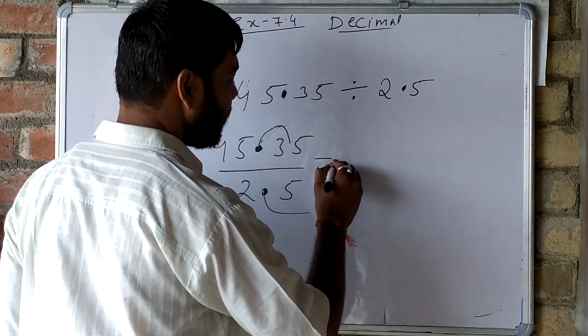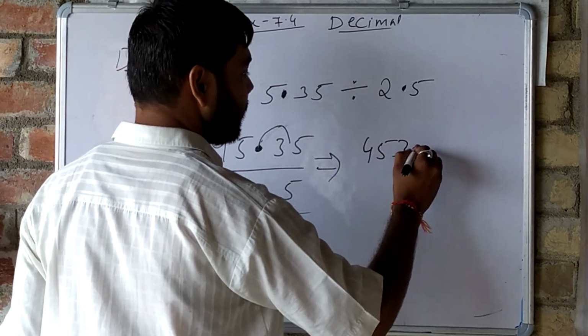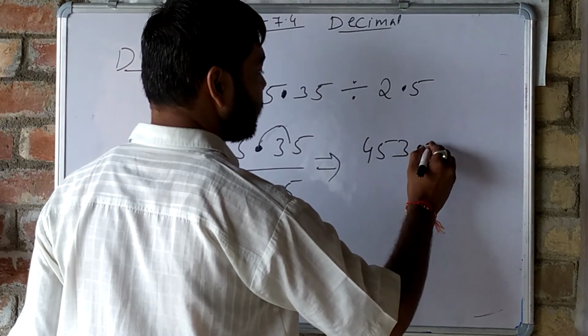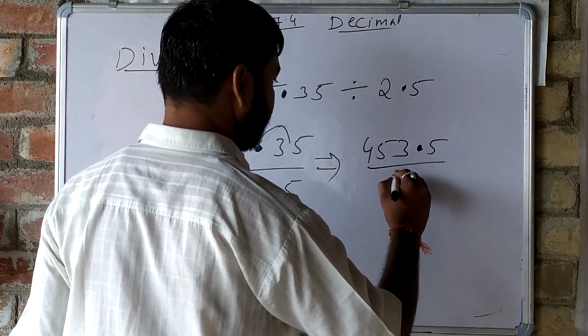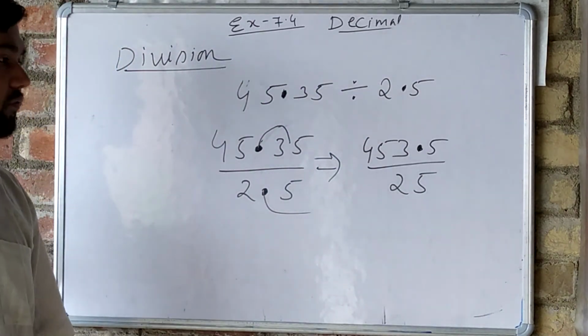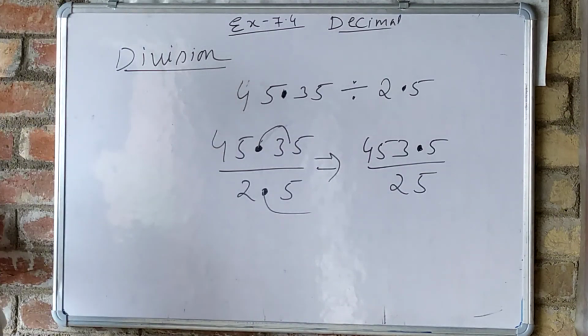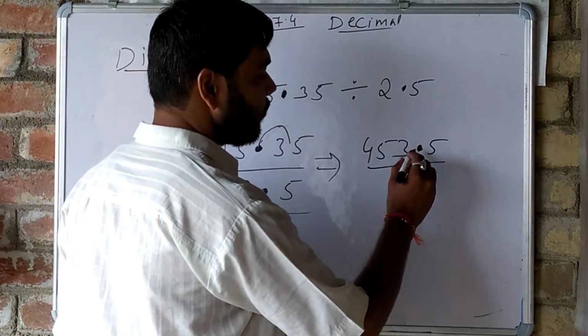Now the value is converted to 453.5 upon 25. It is now shifted to this. Now what happens? We will